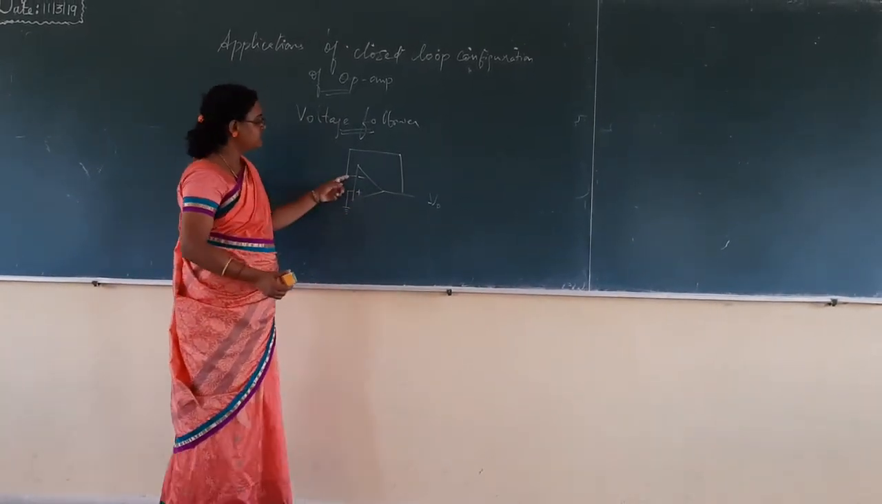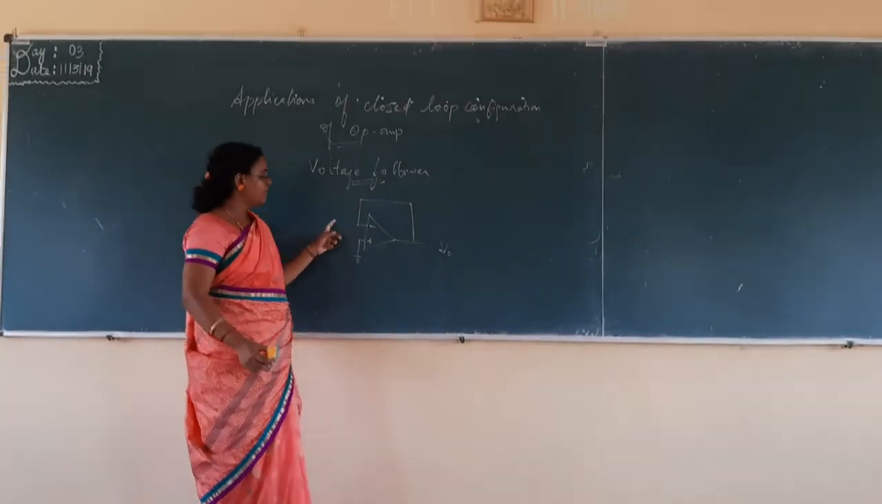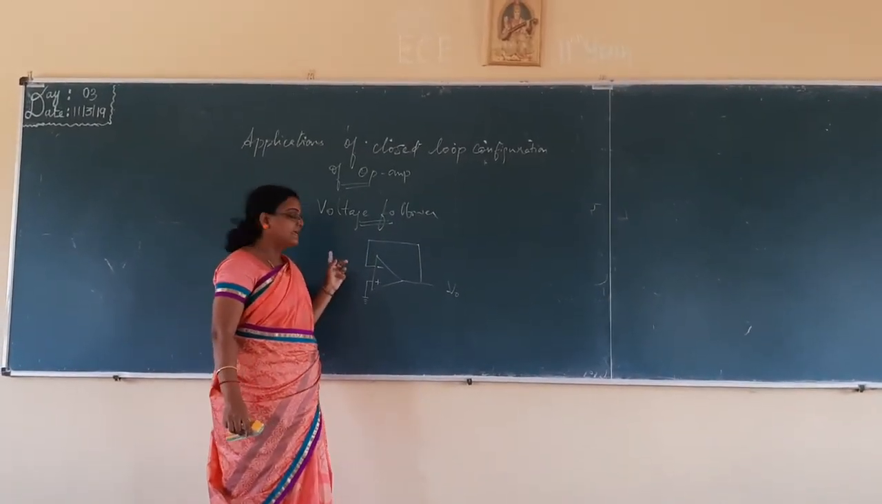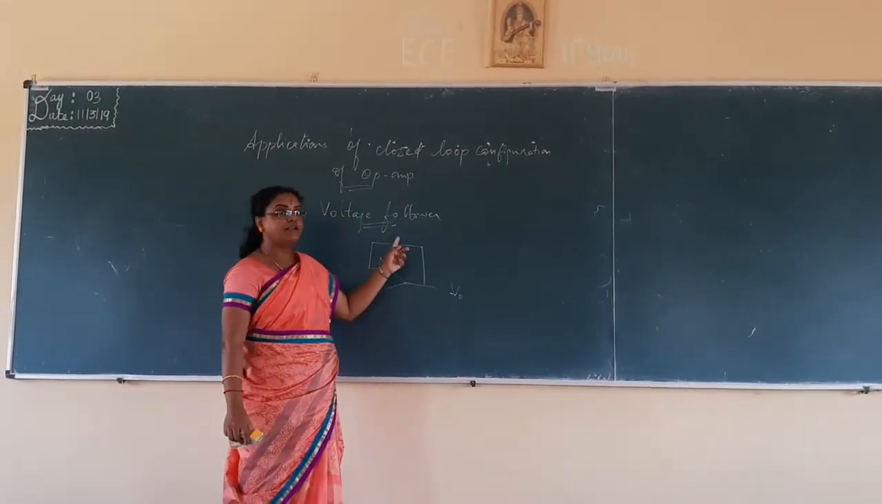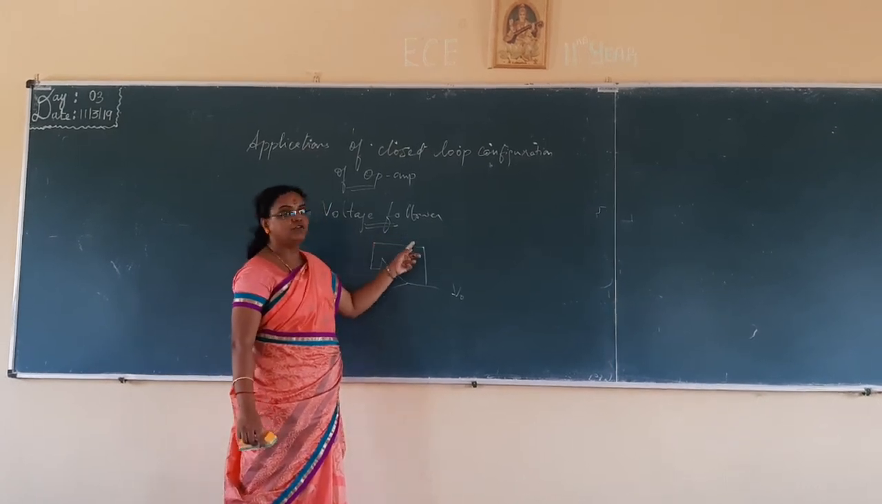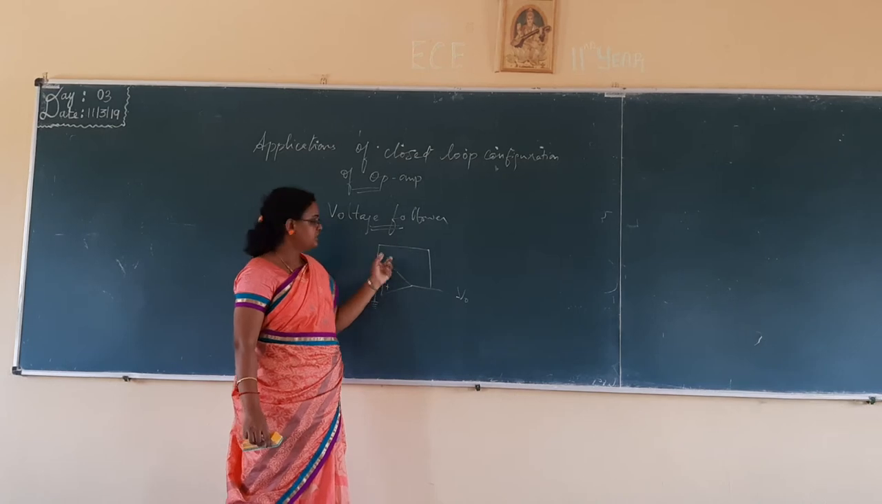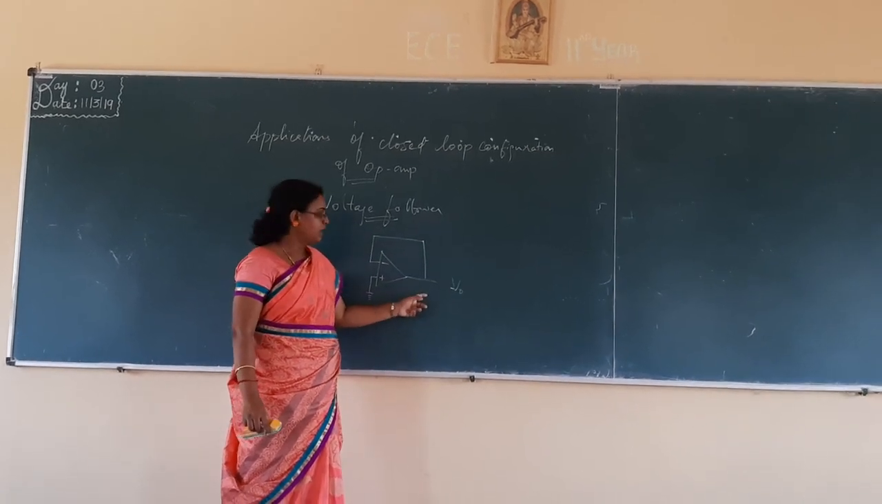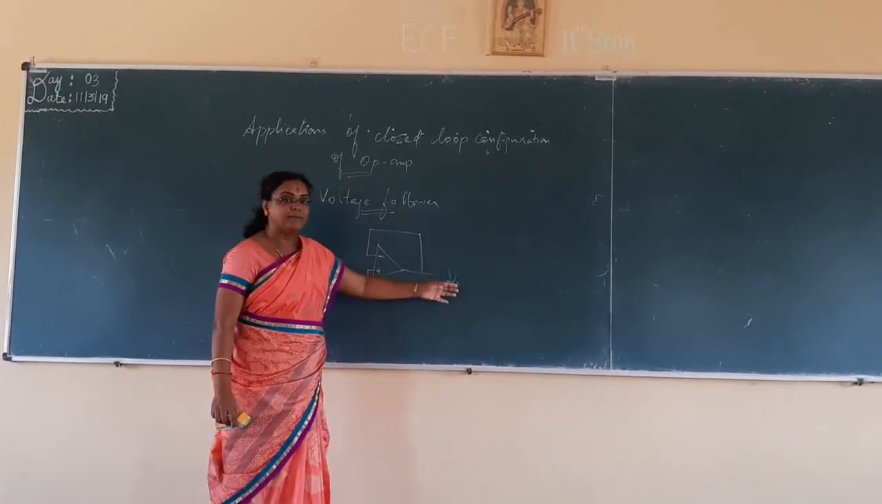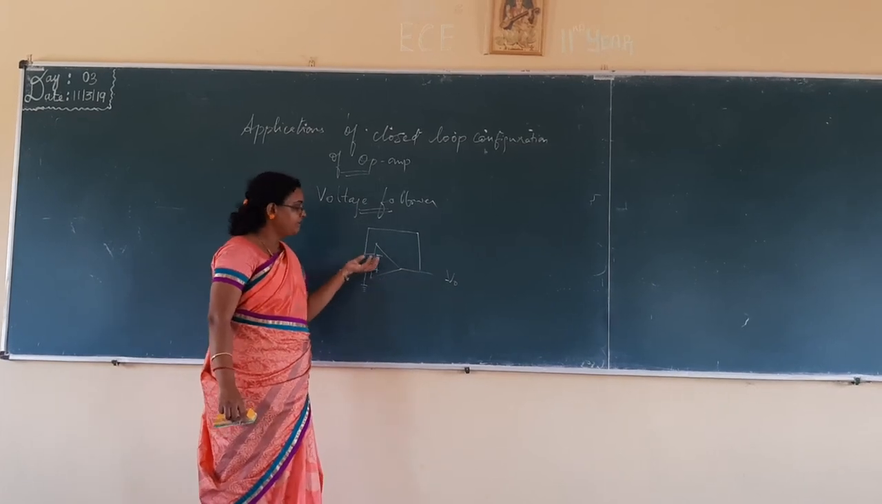Now when we consider this Ri, the Ri value for the voltage follower is infinity, and the feedback resistance Rf of the op-amp is equal to 0. So that's why this is a short circuit. Now when we consider the op-amp circuit, whatever signal which we